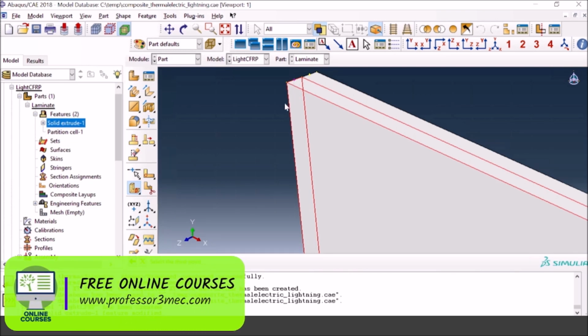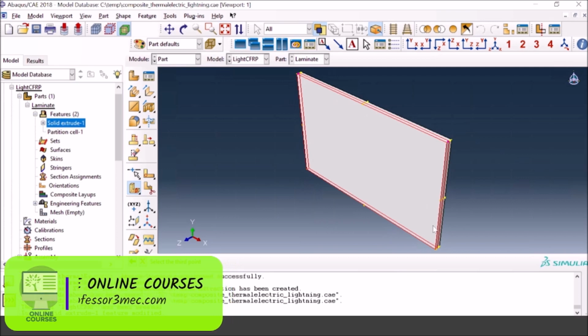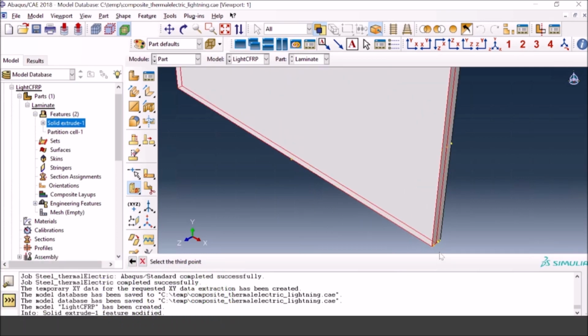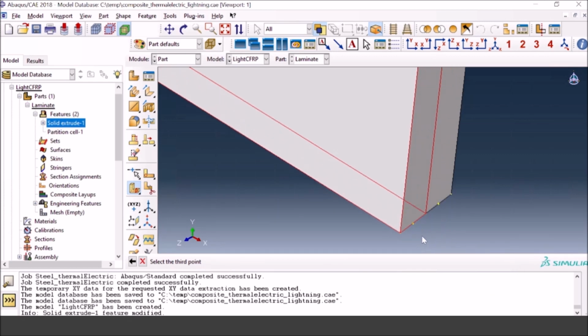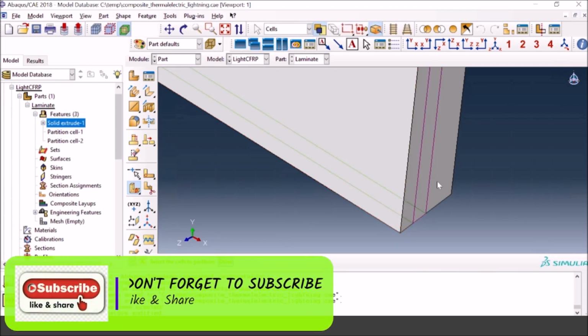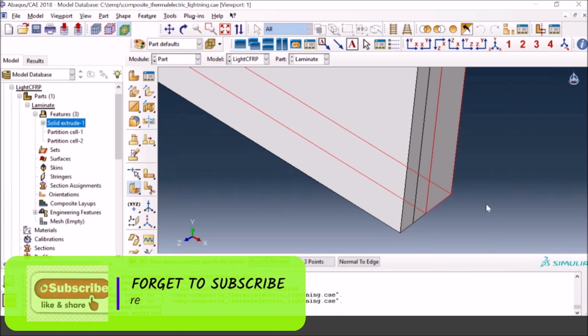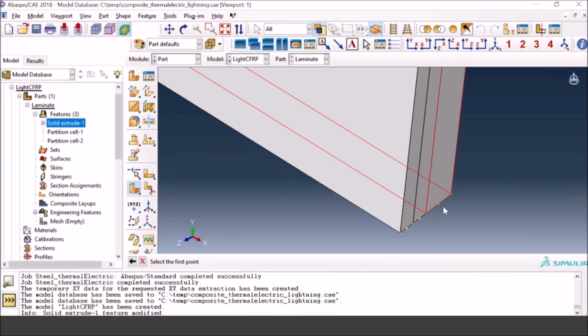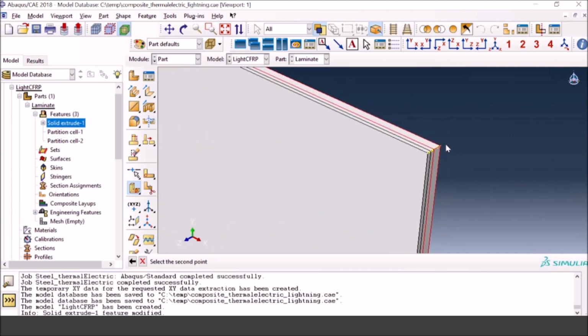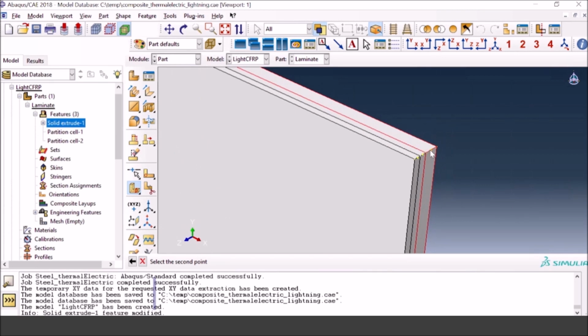Let me try, it's giving me a hard time. Okay, done. So now I'll go to the next one, and this will be the 3rd point as you see on the screen. So it's the 3rd point. So once I have done this and I press create partition, and I have another partition. So now I will do the same to the back ply, and I will divide it into 2 more plies. 3 points again. I will select the midpoints again along a plane. And that's what I have done here. So first point, second point,